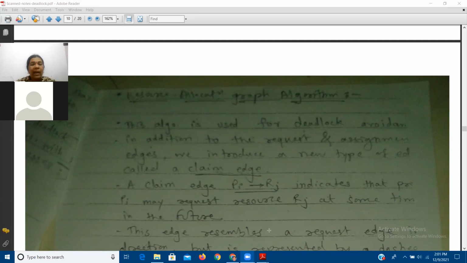Actually, Pi has not made a request right now to resource Rj, but in future, Pi may request resource Rj. Listen carefully. If the request is made, you can call it a request edge. And if the request is going to be made in future, after some time, and yet the request is not made,